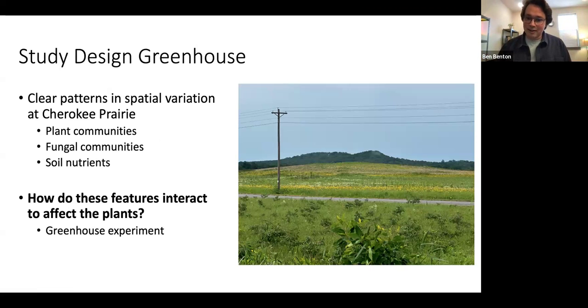the field component of my research found this really clear and interesting pattern in spatial variation at Cherokee Prairie in all three: in the plant communities, in the fungal communities, and in the soil nutrients. But it doesn't really address the question of how these environmental qualities are interacting with each other to affect the plant communities. And so to answer that question, we needed to do a greenhouse